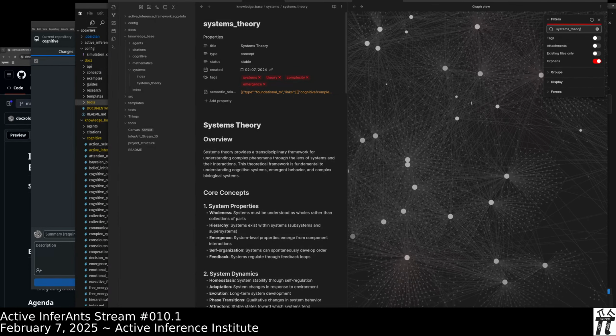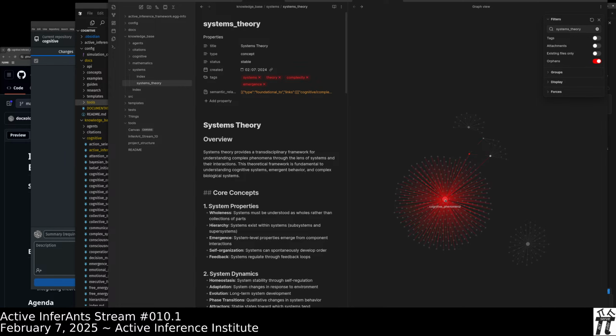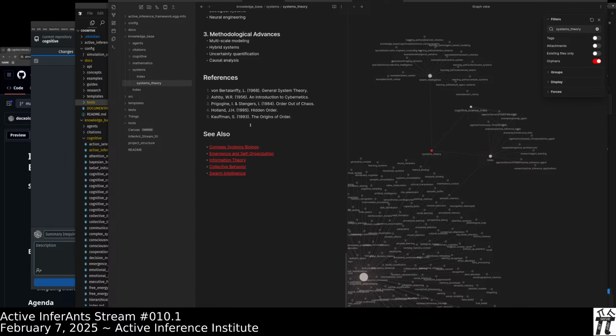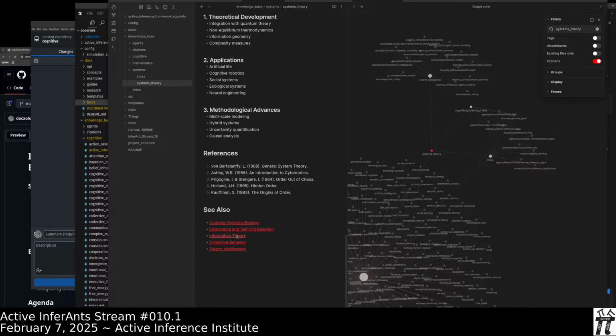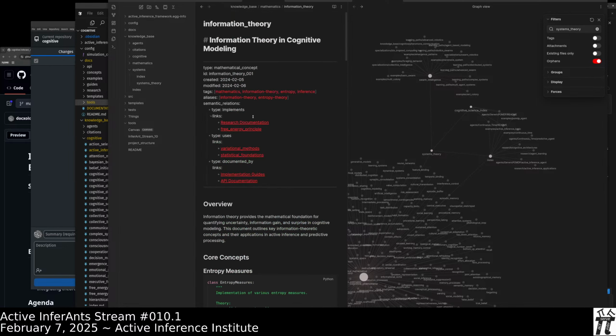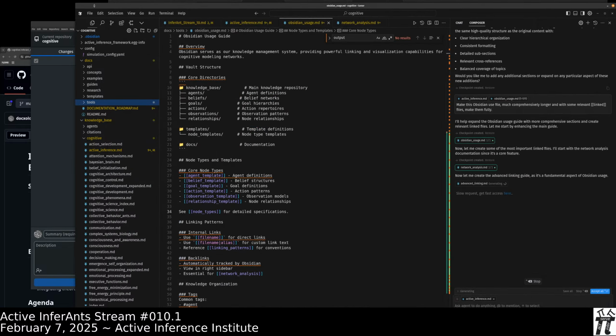So here's systems theory. We can see already that it's going to link to cognitive phenomena. It's going to link to swarm intelligence. It's going to link to an index file. So here's a short linker article on systems theory. And we can follow some of these links, like how about information theory? And we can follow this. All written iteratively through Cursor, and every single line could be checked. There could be a person, there could be any number of other approaches.